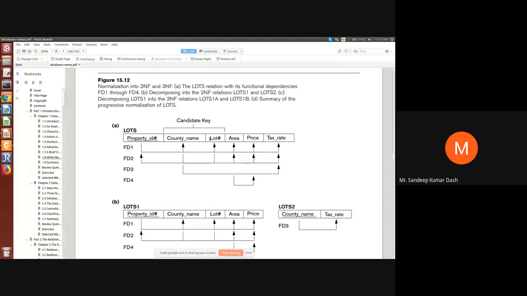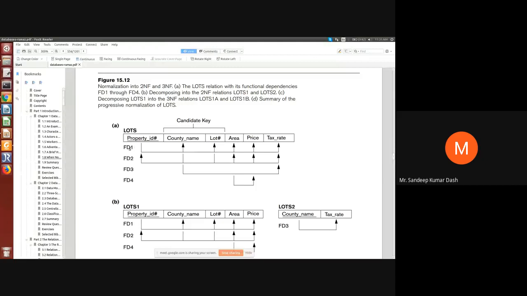Fine. So in this particular relation, I will say that this is a prime attribute, this is a prime attribute, this is a prime attribute. These three are non-prime attributes. Okay. First, you have to identify that, which are prime and which are non-prime, because the definition says that every non-prime attribute should be fully functionally dependent on the primary key or any key of R.